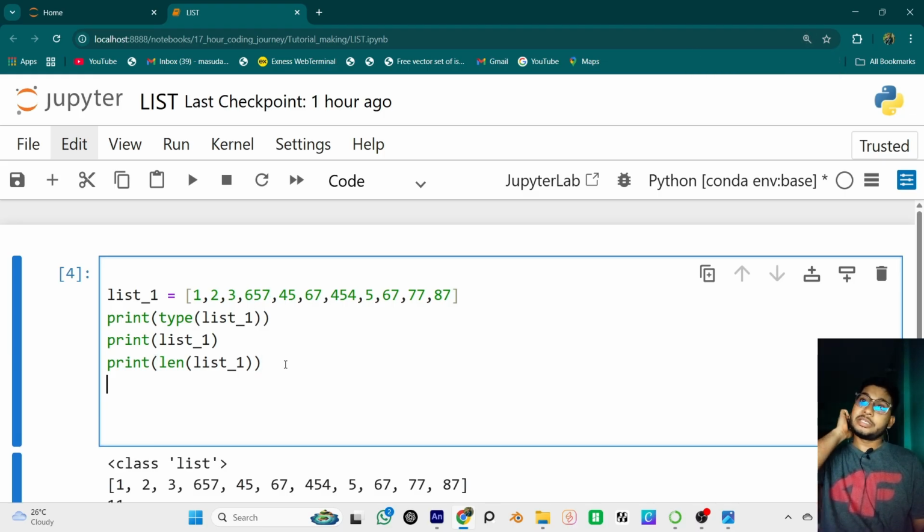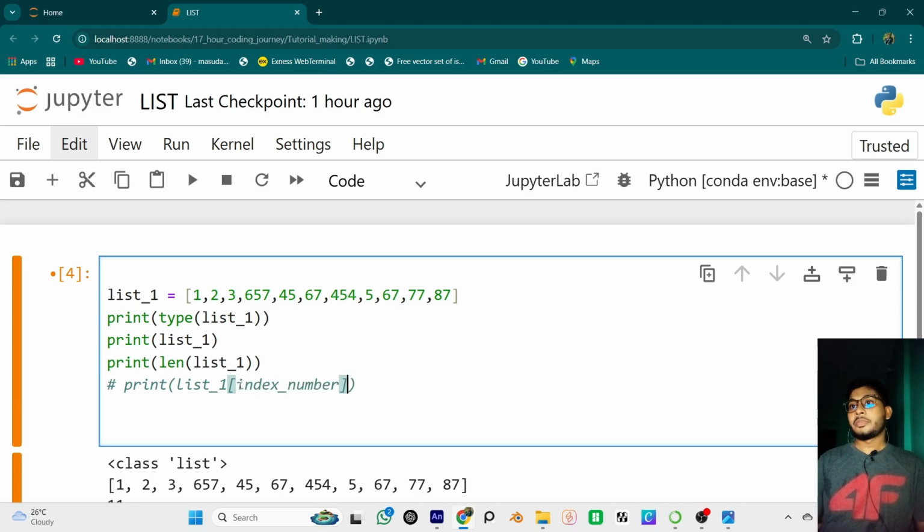To access an index number, we type print, then the bracket, then we name the list. My list name is list1. Then we give a bracket again, and now we give the index number 0, 1, 2, 3. If I give 3 here as the index number,